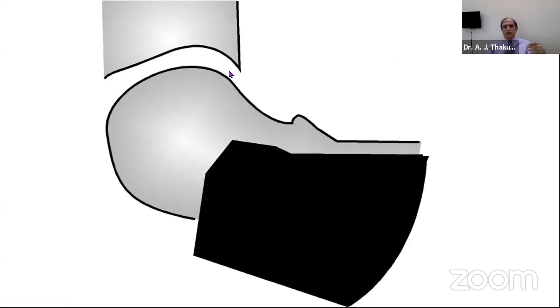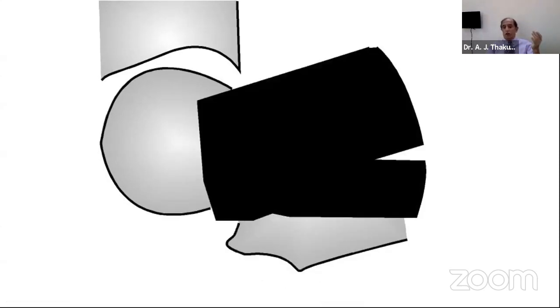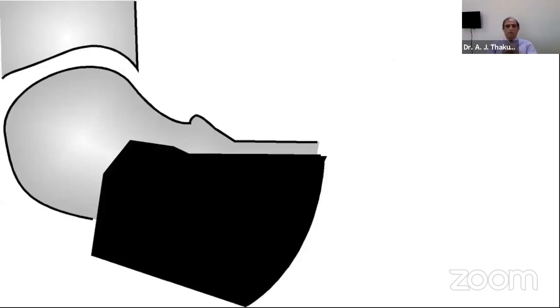Some one of the pictures will look like this. This is the head and neck of the femur, the acetabulum, and this is the shadow of your jig. I have just given three examples, maybe like this, maybe like this. So what to make out of this? When you are watching this, you forget about the bone part. Don't look at the neck at all. Just concentrate on this side, on this angle, this view. This is the shadow of the jig, and you have to concentrate only on this and forget everything else.